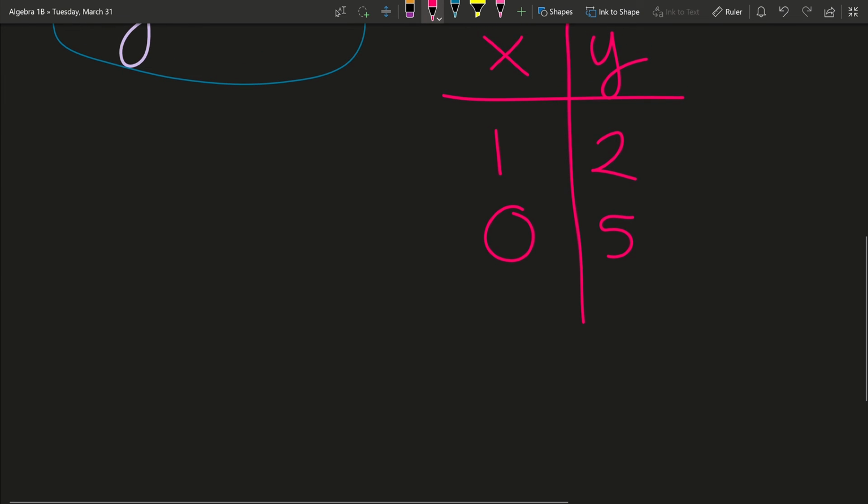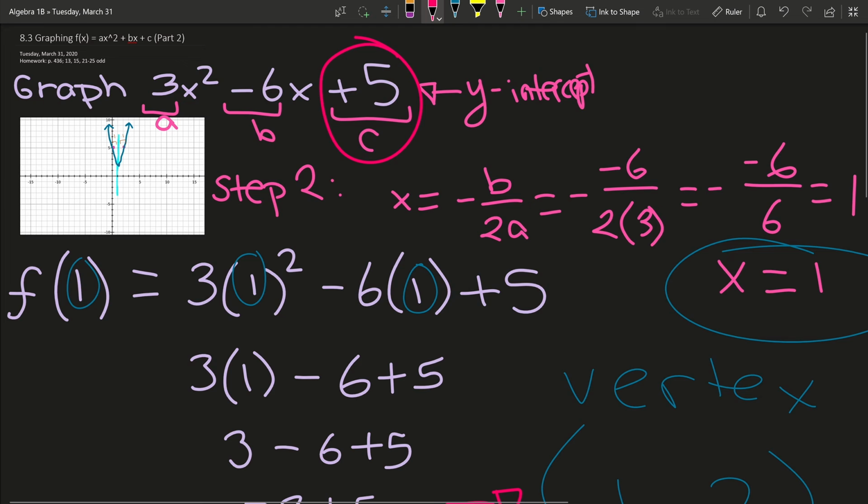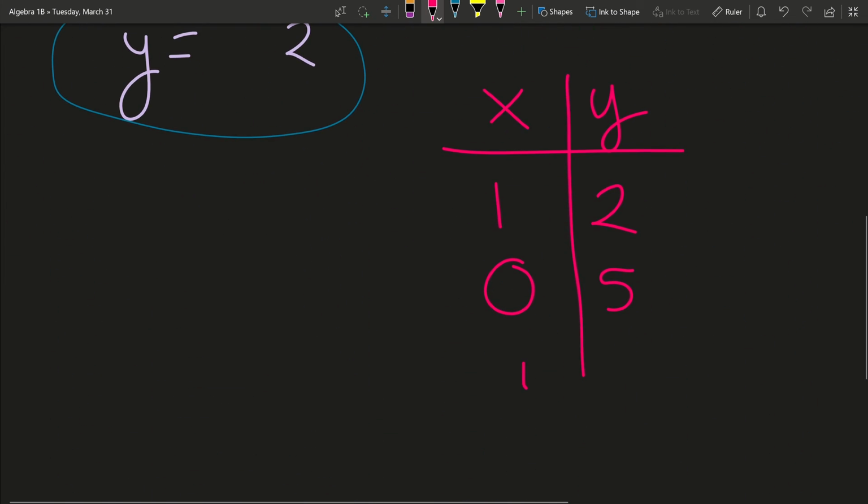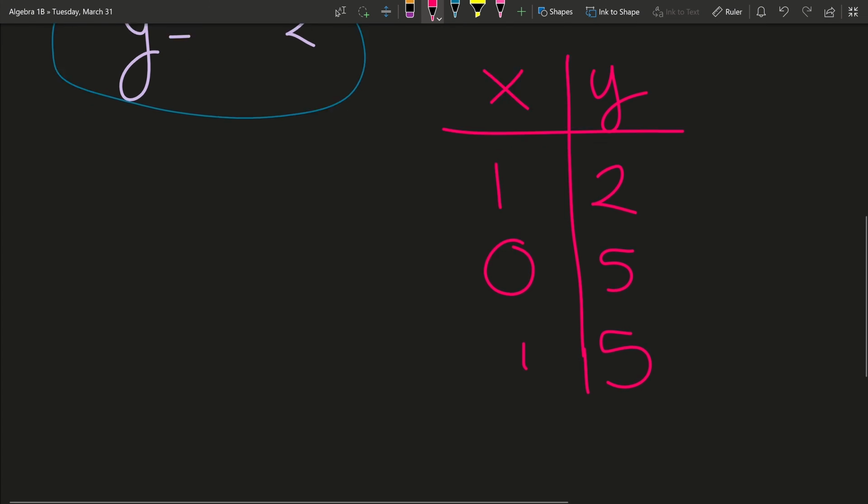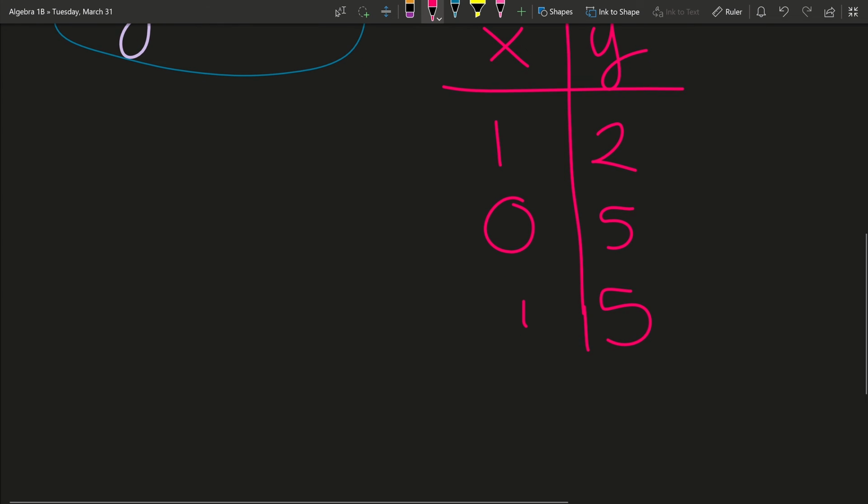And since we know that the axis of symmetry means that it has to be reflected on the other side, we know that our second point is going to be 1, 5. And as long as you have a vertex and one other point, you'll be able to create a graph. You can use that one point that you find, which is the y-intercept, and reflect it to find your third point. Okay,